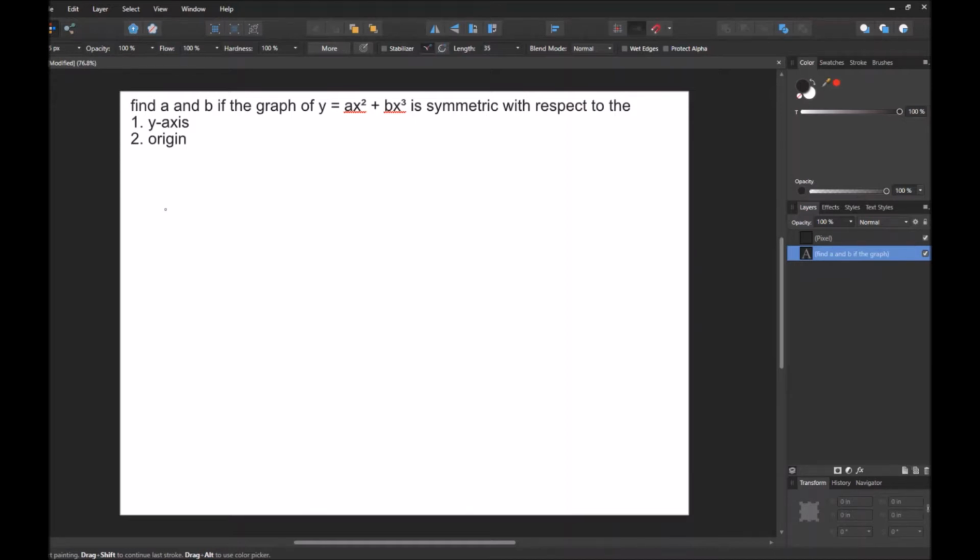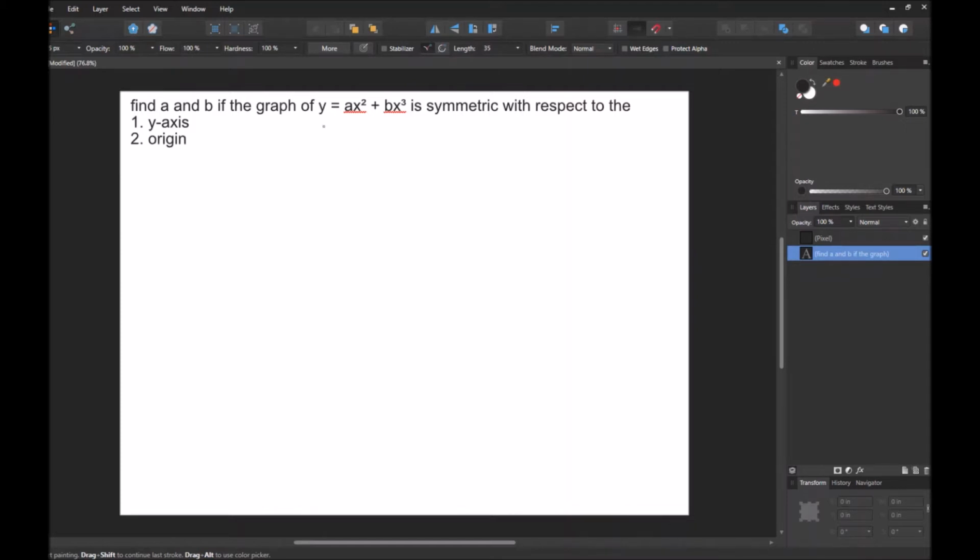problems. It says, find a and b if the graph of y equals ax squared plus bx cubed is symmetric with respect to the y-axis in the first part, and in the second part, the origin. So when I'm taking a look at this first part, let's break it down. So we're just looking at what a and b must be if the graph of this equation is symmetric with